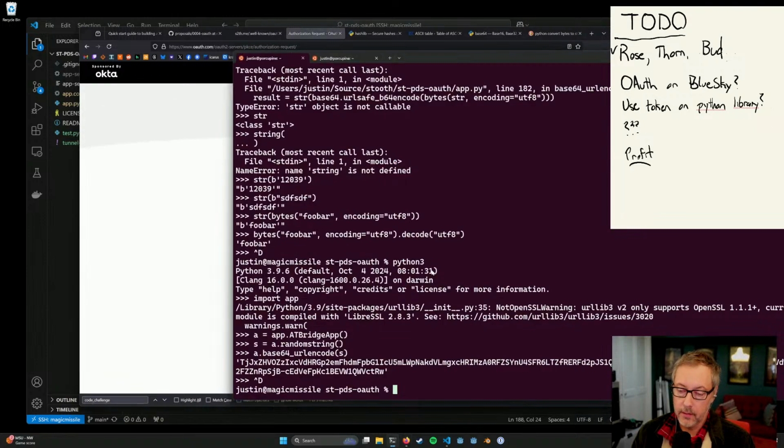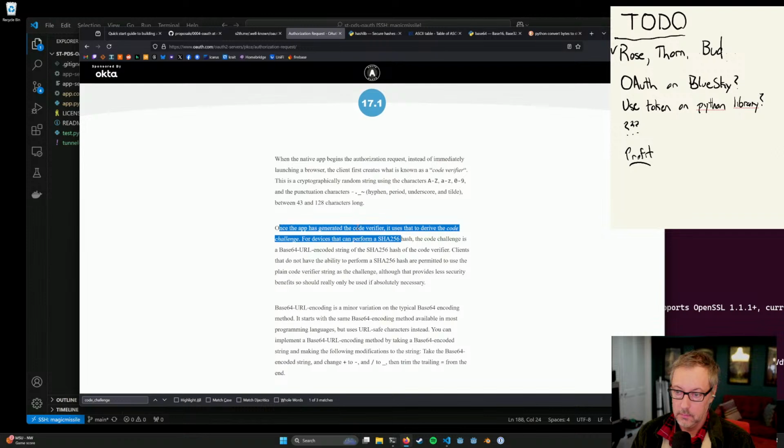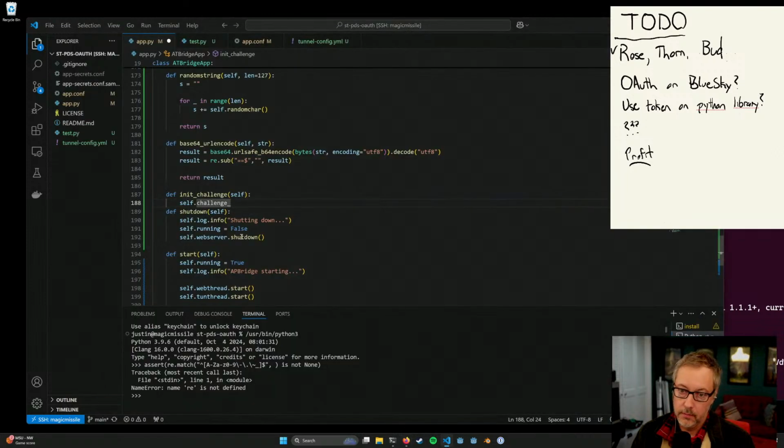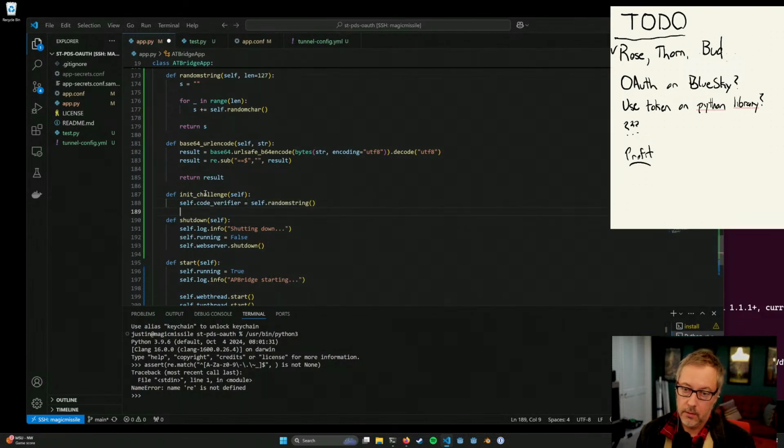Code verifier. Code challenge. All right. Init. All right, code verifier equals self random string. Okay, and then self code challenge is equal to